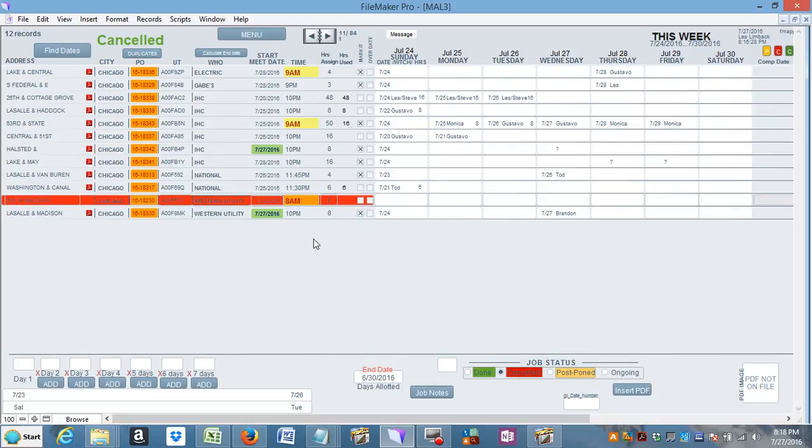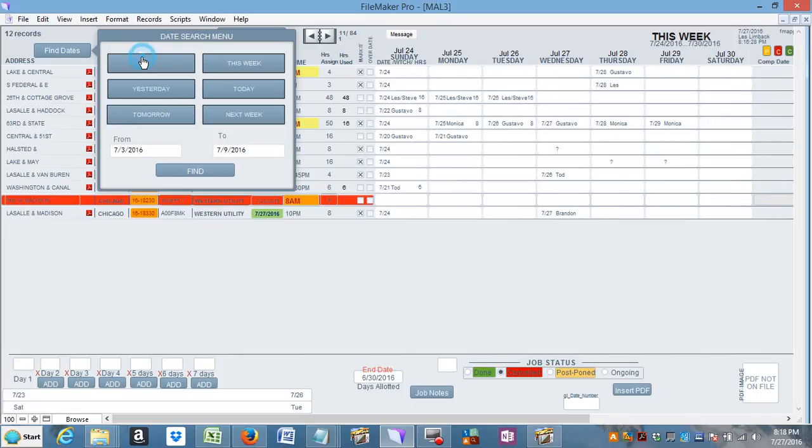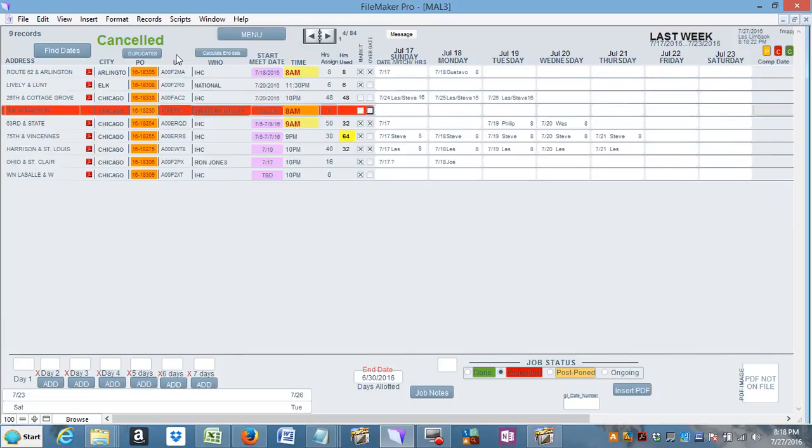Quick rundown on what I've done so far on the program. The last thing I did was being able to put the dates of the occurrence. Say this is this week. If I wanted last week, come here and it puts last week's dates. That's a calculation